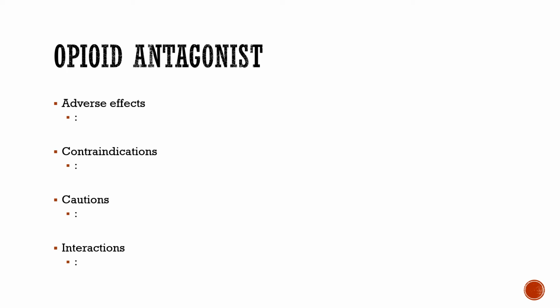Contraindications, there's not really any contraindications. You're going to give this if you suspect opioid overdose, even if you just suspect it. You don't know. So somebody comes in, they're not breathing. It was unwitnessed. No one saw what happened. A lot of times you're going to start your ACLS and the doc's going to say, hey, let's throw some Narcan in there. Let's just see if it'll help. Because it might, if it was an opioid overdose, and if it wasn't, well, whatever. It's not going to really hurt anything.